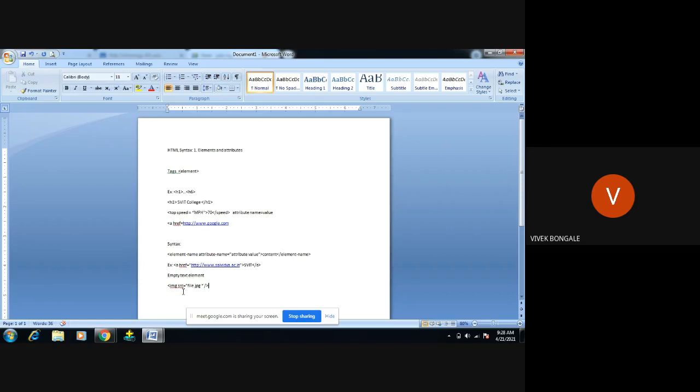It will just take this file.jpg and display the image, but there is no other content or attribute to display along with it. It blindly takes the file.jpg value and displays that particular image on the web page, but along with that image it will not display any content.